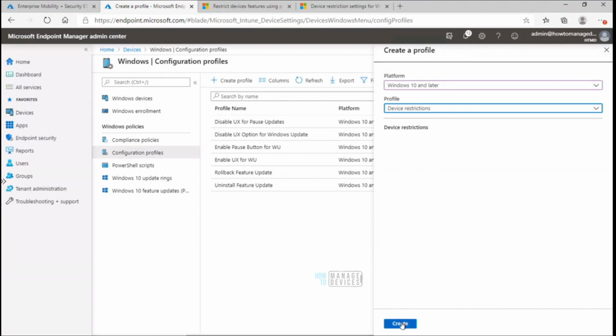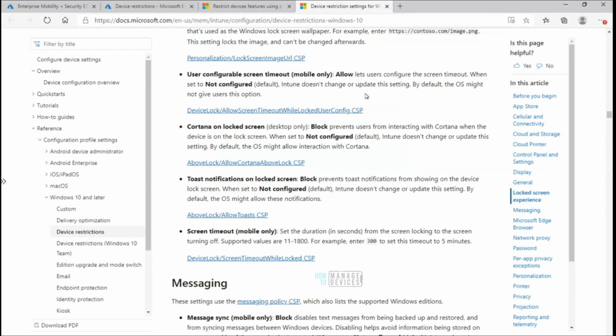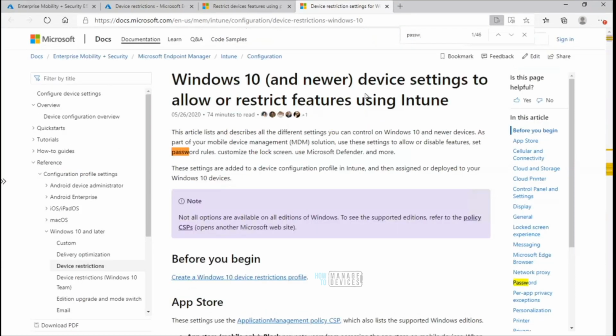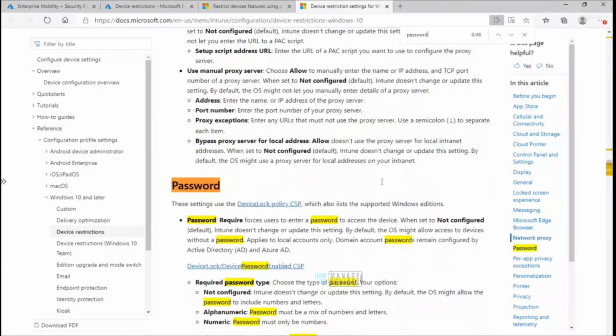Device restriction policies, right? I'm going to say HTMD password policy, let's say password policy, and HTMD password policy out of box experience. You can deploy this password policy as a CSP. You would be able to see the CSPs for password policy. So if you check over here in the link and search password, there would be some